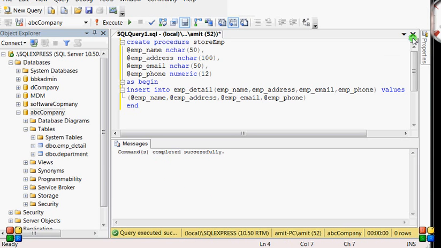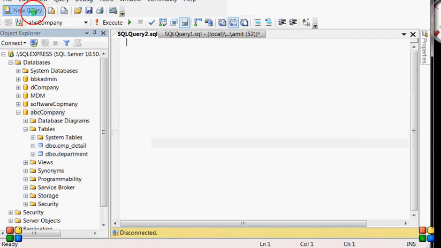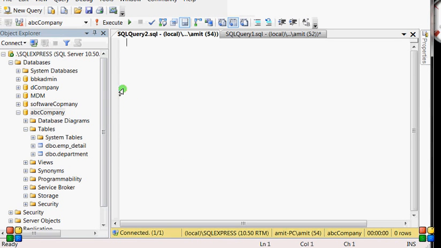Now just create another query for a trigger. So as we insert into the employee detail, simultaneously we are going to insert the employee ID into department for correlating each other.